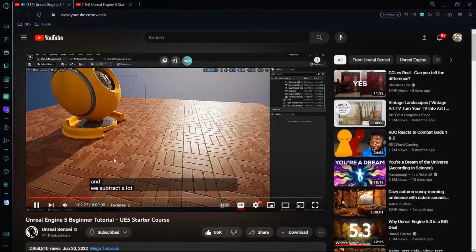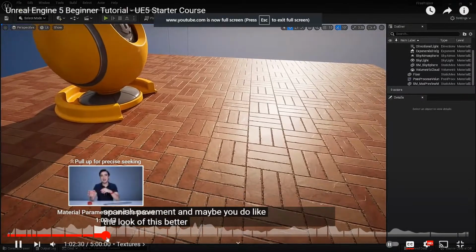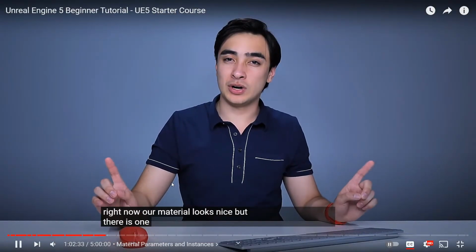And we subtracted a lot of red from our Spanish payment. And maybe you do like the look of this better. Right now our material looks nice, but there is one big issue, and that is